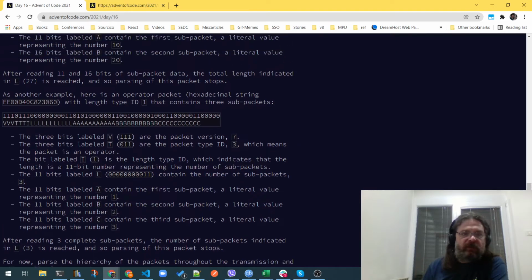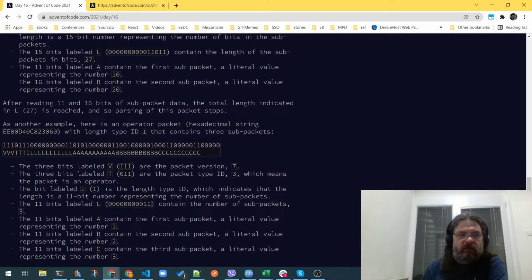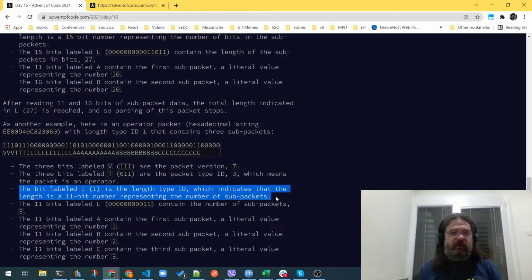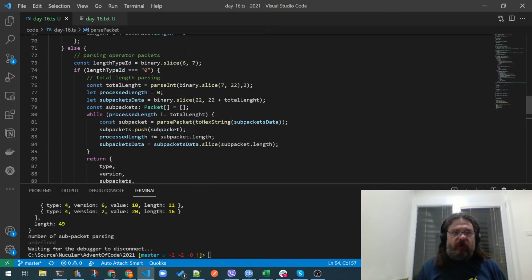This is a coincidence. Yeah, which indicates that the length is an 11-bit number representing the number of subpackets. So yeah, we need to